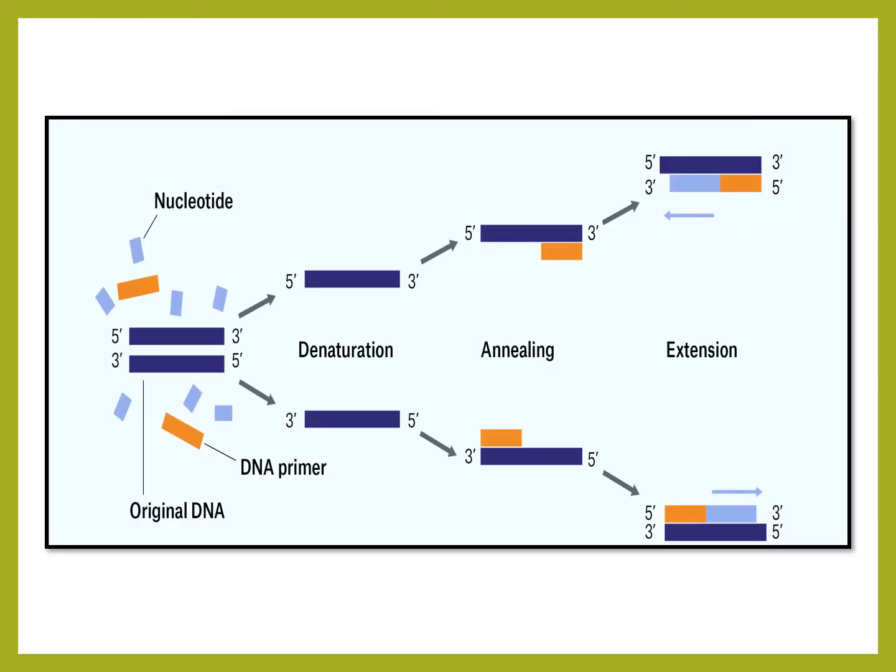Here you can see the entire PCR cycle. Initial denaturation, that is separation of double stranded DNA into 2 strands, and here annealing, that is binding of these primers with these template molecules, and extension, where with the help of dNTPs, Taq polymerase will synthesize the new complementary DNA strands. This entire cycle will repeat for 35 to 40 cycles.